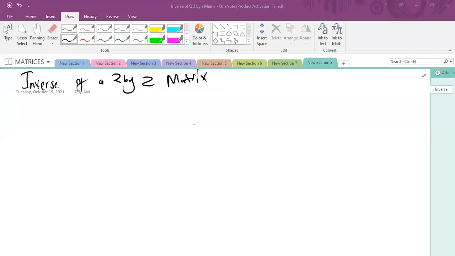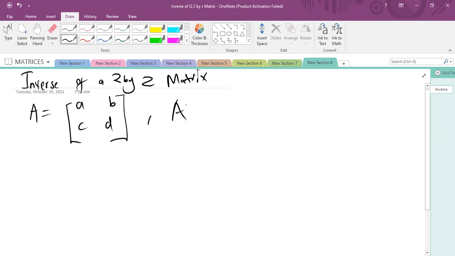Matrix. Let's say you have a matrix A, which is equal to [a, b; c, d]. Then A inverse will be given by 1 over the determinant of A. We already looked at, in the last section, how to get the determinant, multiplied by